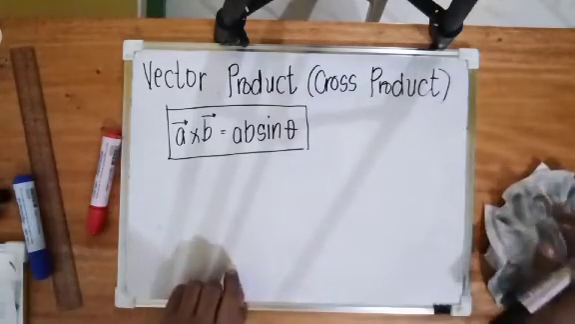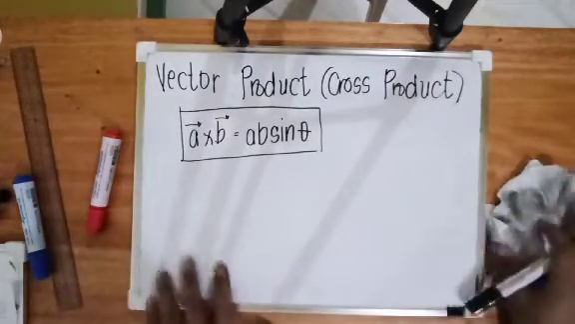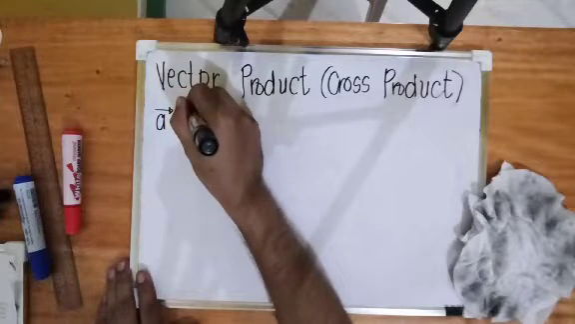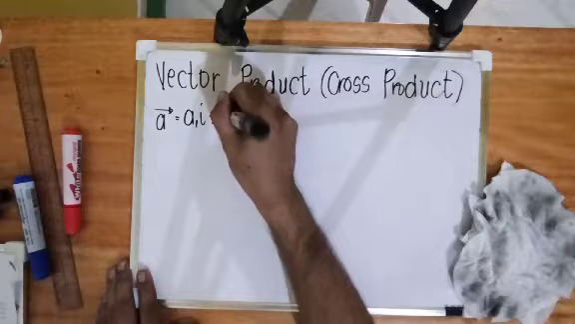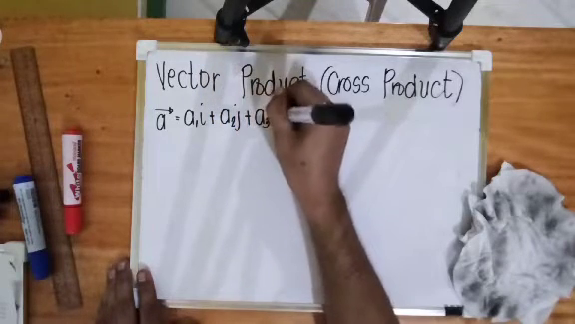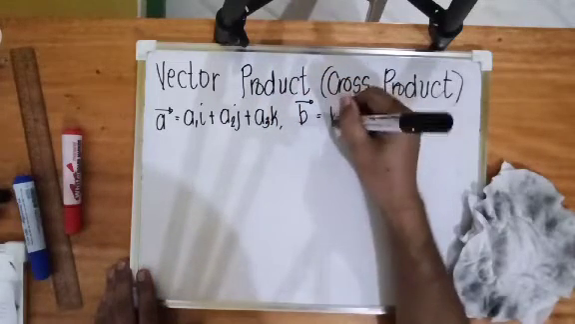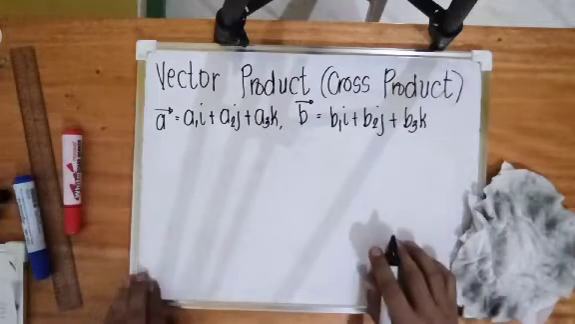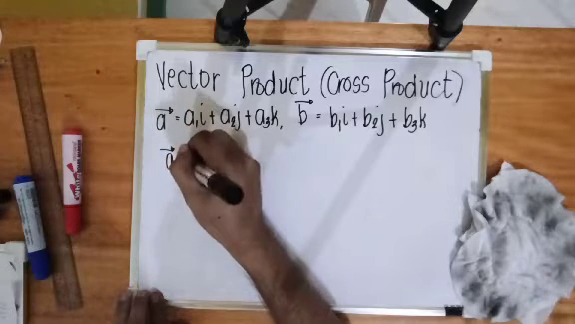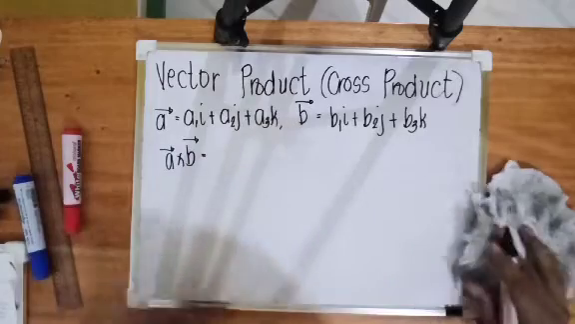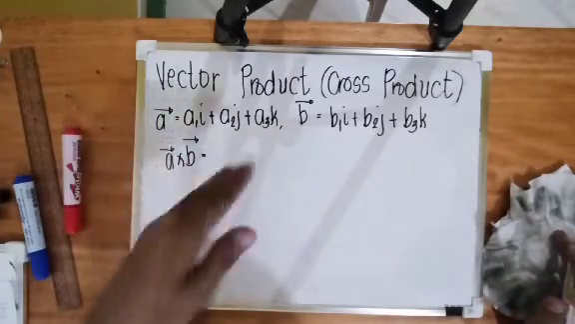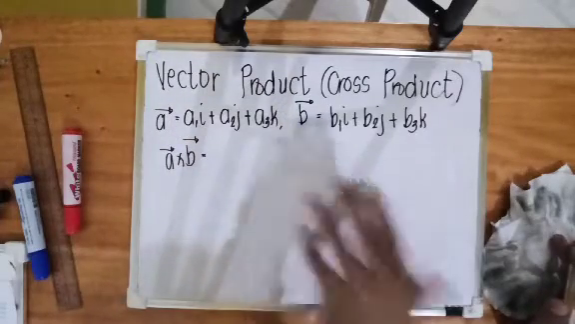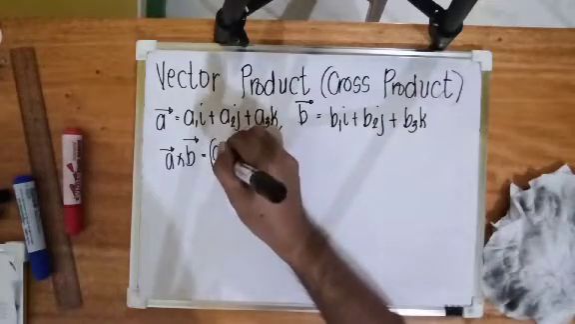So going back to our vector product formula, let's say we have vector A and vector B. For vector A, we have A1 I plus A2 J plus A3 K. And for vector B, we have B1 I plus B2 J plus B3 K. To get the cross product of our two vectors, we simply multiply A1 to all the values of B1, B2, and B3, and then A2 and A3 and so on. So A1 times B1